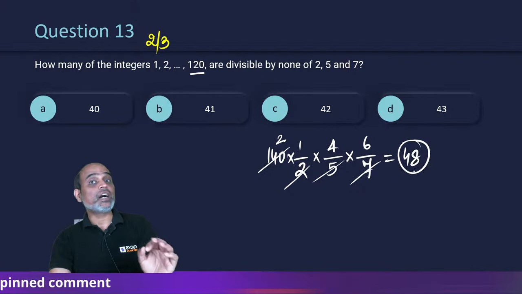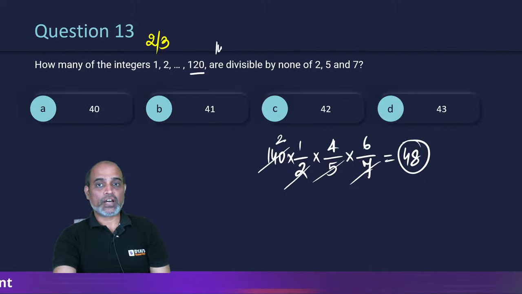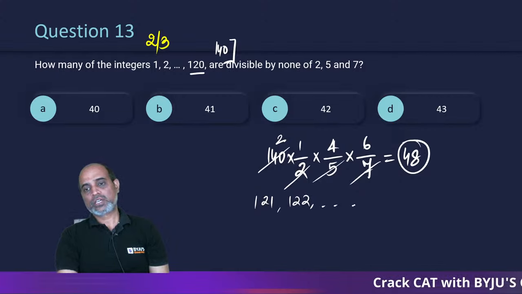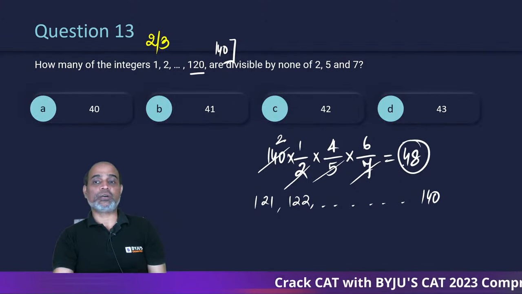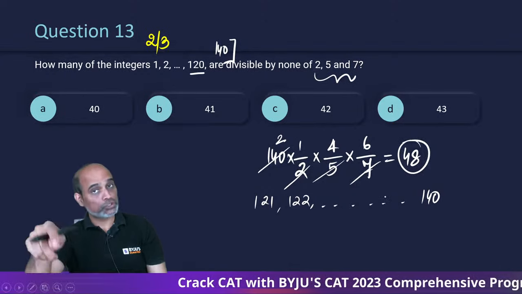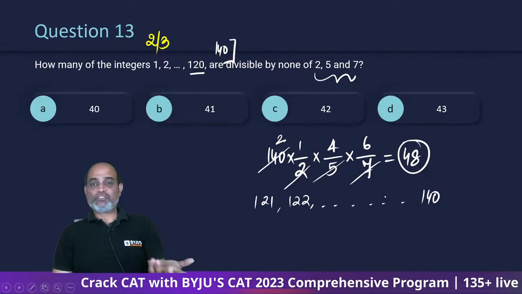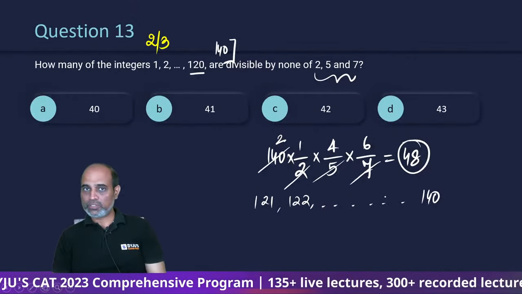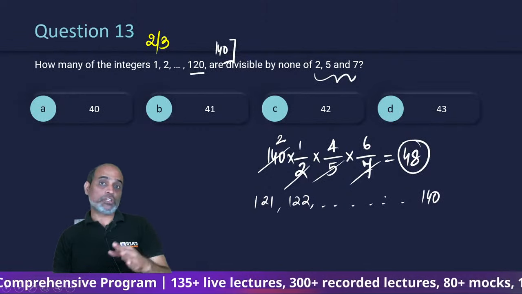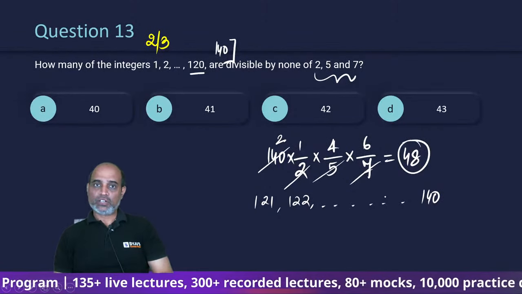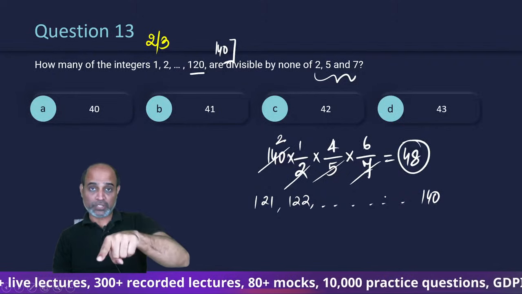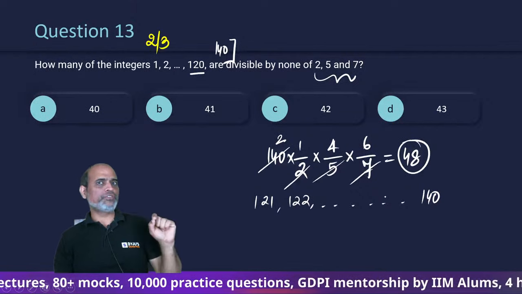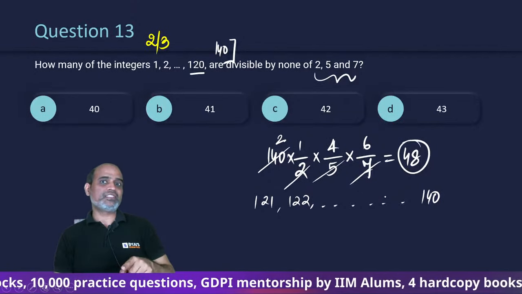But where do these numbers exist? Not up to 120, up to 140. So that means from 121 onwards up to 140, all those numbers that are divisible by none of them are also included. Up to 140 I got 48 such numbers which are not divisible by 2, 5 or 7. But I need them up to 120, not 140. That means all those numbers that follow this particular rule are included. So we need to find those individually and get rid of them,